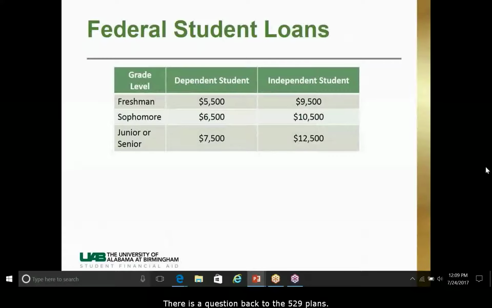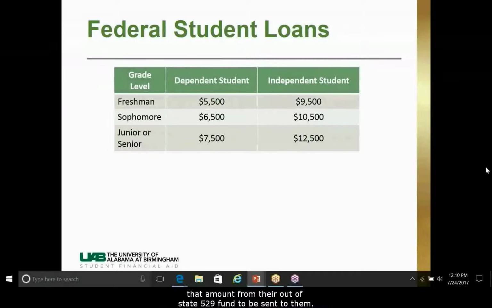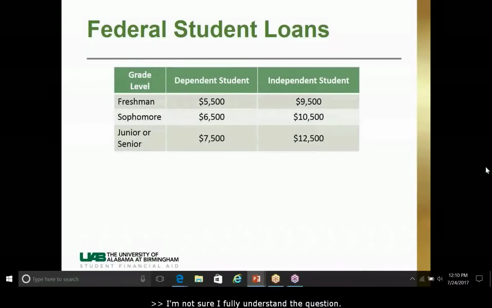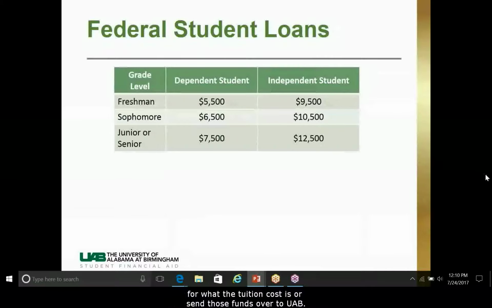There was a question back to the 529 plans. The question was, if originally told that I would just pay for the tuition and then request that amount from their out-of-state 529 plan to be sent to them, is that accurate, or should the check be cut directly from their 529 plan to the university? I'm not sure I fully understand the question, but if your 529 plan will simply pay for tuition, then they will just need to write a check for what the tuition cost is or send those funds over